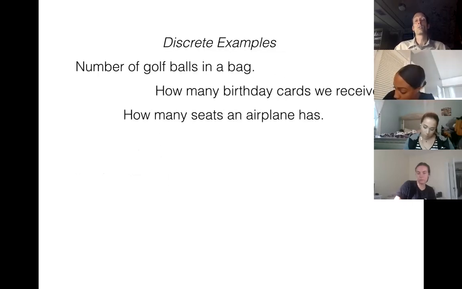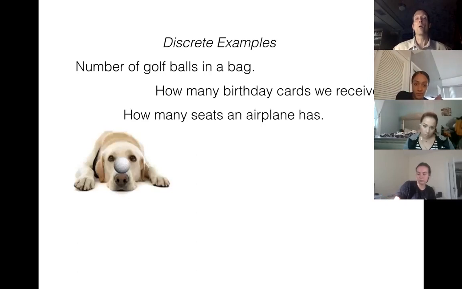A few examples so we can get to know it, because on the exam I'm going to ask you things like the number of golf balls in a bag, or the number of spare tires you put on your car: discrete or continuous? Tell me which one. If I'm going golfing, I'm going to bring a whole bunch of golf balls. Can I tee off with half a golf ball? Would that make any sense? No, I can't slice a golf ball in half and put it on the tee. We don't see anybody do that. So that would be a good example of discrete.